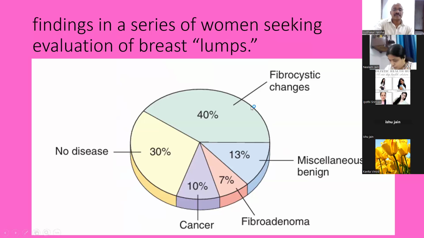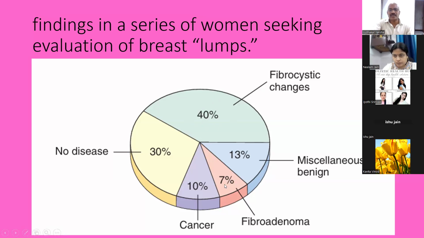This is the explanation. So whenever there is a lump in a breast, these are the possibilities. But only 10% of the lumps turn out to be cancer. In 30% there is no disease. It may be some clotted milk. So in 30% of the cases the lump is not a disease. It may be a galactocele, or the milk may clot. Around 40% have fibrosis or cyst formation. Just aspiration will completely cure it: we put a needle and draw the fluid completely. That's the treatment. 40% of the swellings are cystic changes, fibrocystic changes.